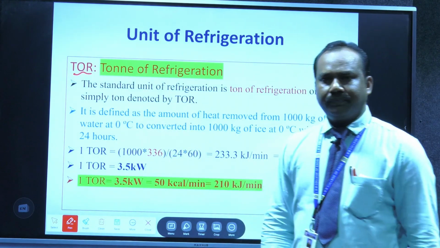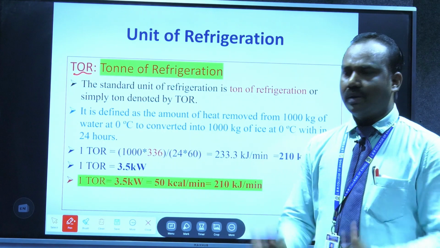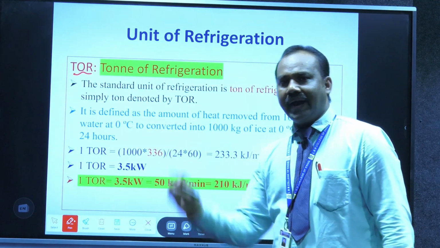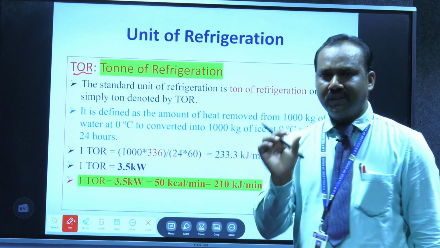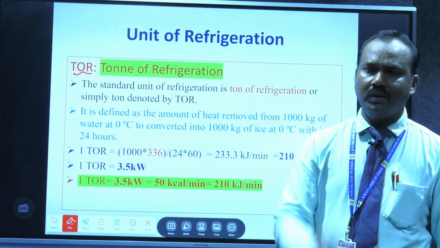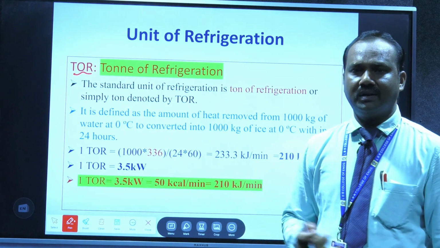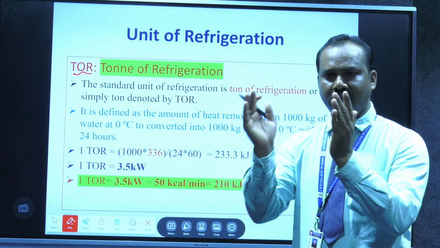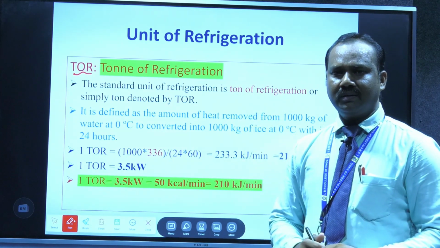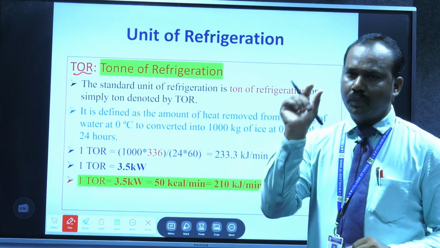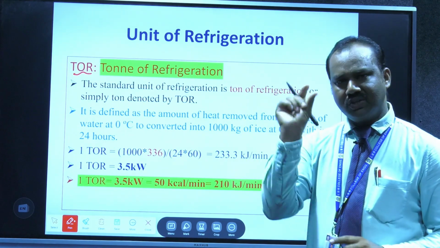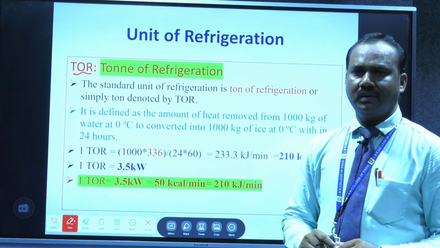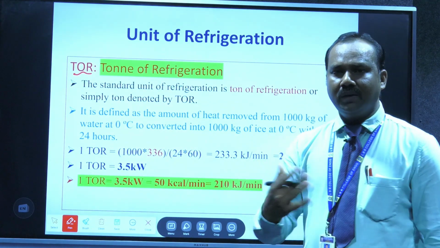It is defined as the amount of heat removed from 1000 kg of water to make 1000 kg of ice at 0 degree centigrade within 24 hours. Then it is said to be a 1 ton machine or 1 ton refrigerator, right? It is the quantity of heat removed from 1000 kg of water at 0 degree centigrade to make 1000 kg of ice at 0 degree centigrade within 24 hours. Mathematically we can express it,